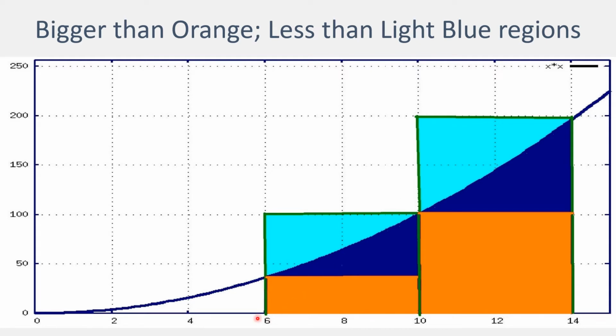So the area, that area, 4 times whatever this value is, plus 4 times whatever this value is. So we have a very simple, a very crude mechanism for getting a lower bound on the area that we're interested in, and for getting an upper bound on that area. The lower bound, this plus this, the upper bound, this plus this. What if we want to measure the area exactly?